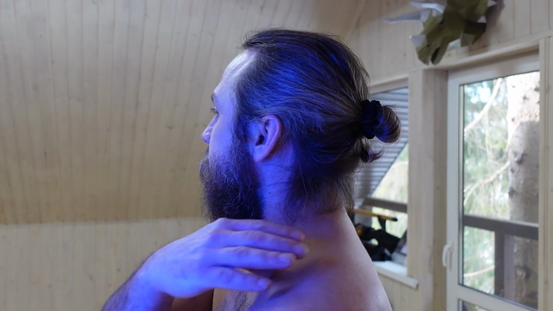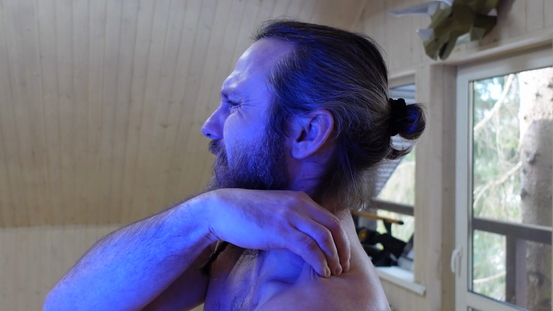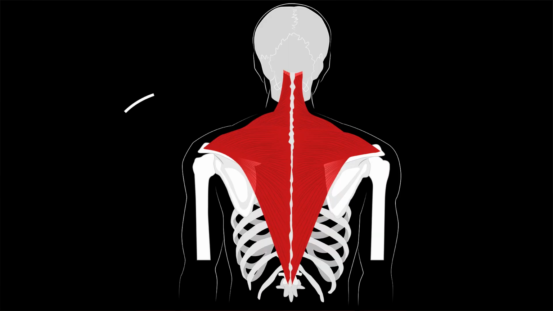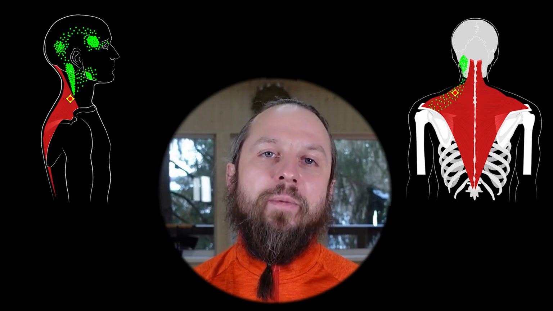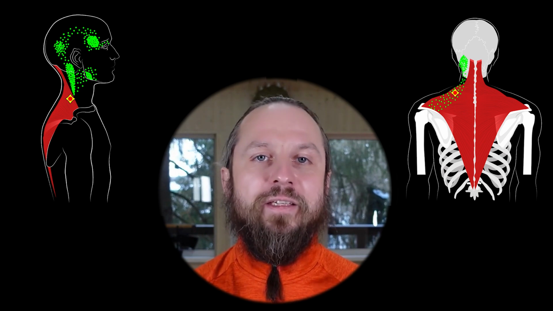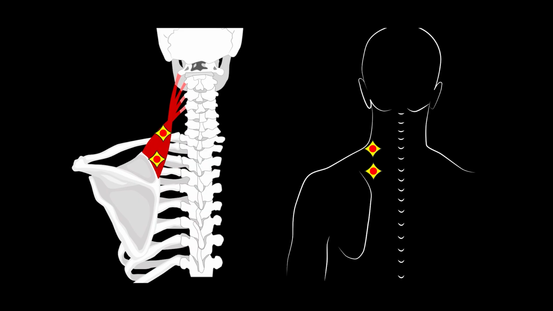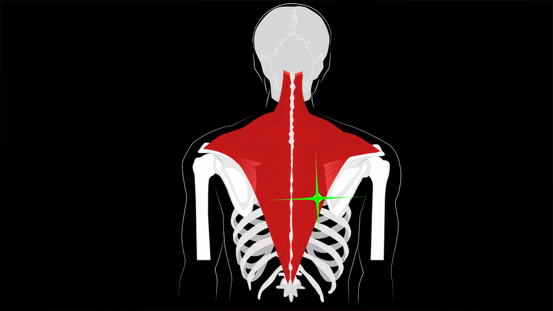You can find this trigger point yourself by grasping the upper edge of the trapezius muscle with your fingers. The second trigger point is located in the upper part of the trapezius muscle, slightly lower and more lateral. Pain from this point spreads behind the auricle. If the trigger points in the upper part of the trapezius muscle are very active, and other muscles, such as the levator scapulae, are additionally involved in the pathological process, then the rotation of the head becomes very limited and painful.